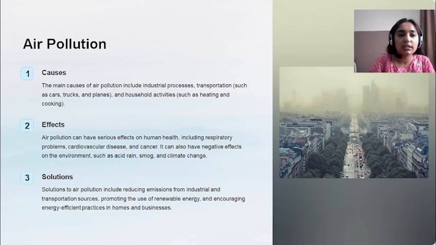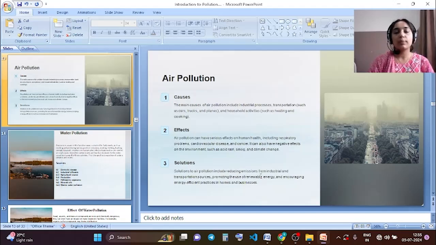Now, this is a summary slide of air pollution, with its causes, effects, and solutions. As we have already discussed, air pollution is caused by transportation, household activities, as well as industrial processes. Effects can be seen on humans, on wildlife, on aquatic life, on every living organism on the planet. The solution of air pollution is reducing the emissions from industries and transportation sources, promoting the use of renewable energy, and